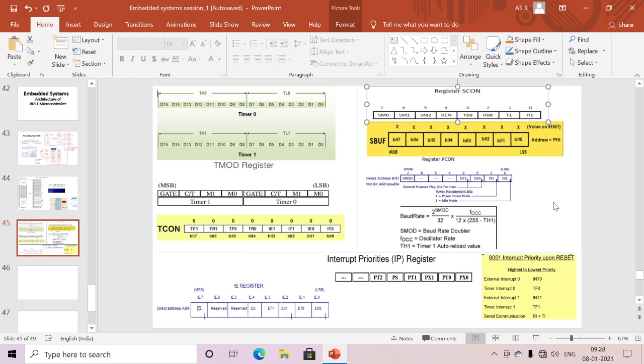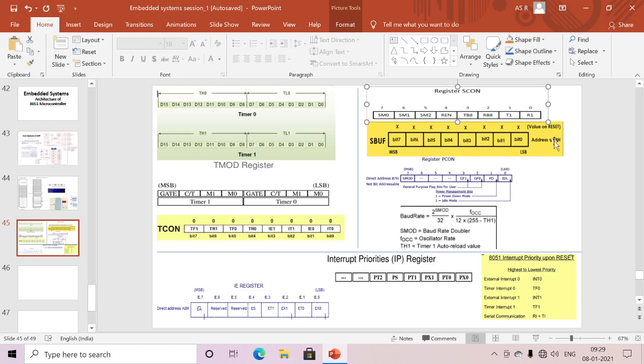If I want to transmit, I need to place 8-bit data into this SBUF register, and then I check by using this flag whether the placed data has been transmitted or not. Whenever it is successfully transmitted by the microcontroller, the flag will be set to 1. Then I will transmit another byte. Once the interrupt is triggered, I transmit another byte. This is one of the features: the transmit interrupt.